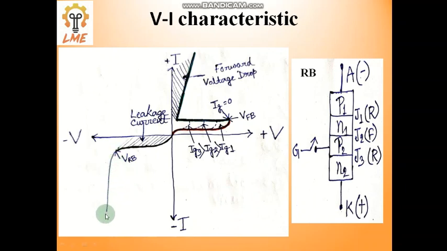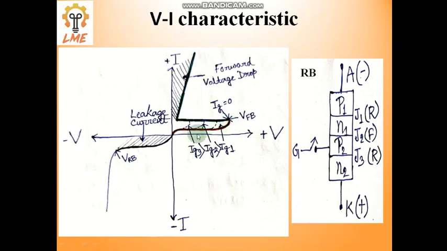This test will never be performed because it may cause permanent damage to the SCR or thyristor. That is why we will not perform this. So before closing the VI characteristics, we will just revise once: from this 0 point to this VAB